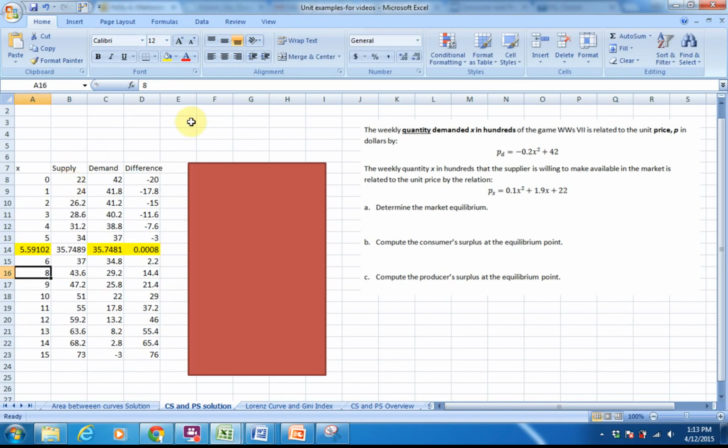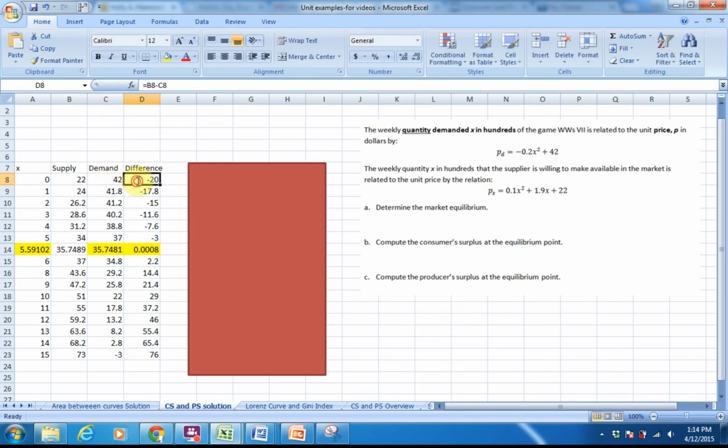Market equilibrium is something that we studied in the very first unit, and you also studied it in classes before calculus. Here I've set up several columns. In my first column, I've set up a reasonable range of quantities. Because X is the demand in hundreds, and X is the supply in hundreds as well, I just went from 0 to 15, where 1 would represent 100 and 15 would represent 1500. Next I typed in my supply equation, dragged that down. In the next column, I typed in my demand equation,